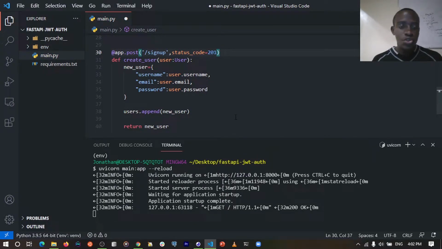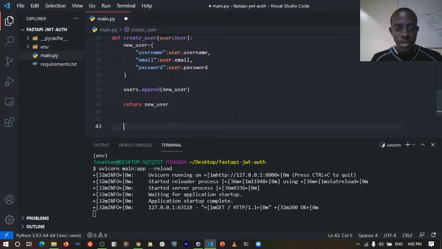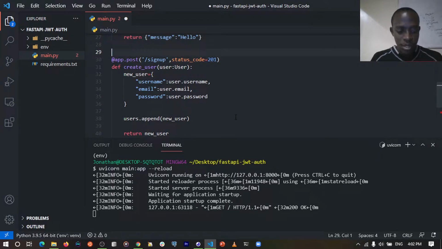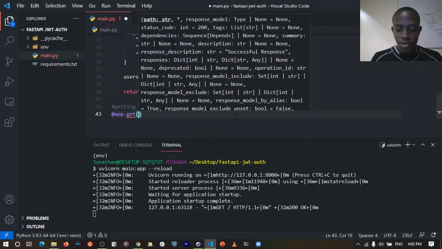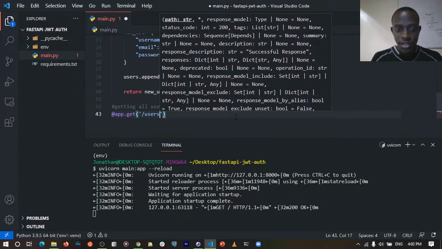So we are going to also create a route that's going to show us a list of users. After creating them, I'm going to come just down here and create that. I'm actually going to comment this, and say this is going to be creating user. In this case, the next route, I'm going to write a comment above it, and this is going to be for getting all users. So I'm going to call this app.get, and it's going to be slash users,